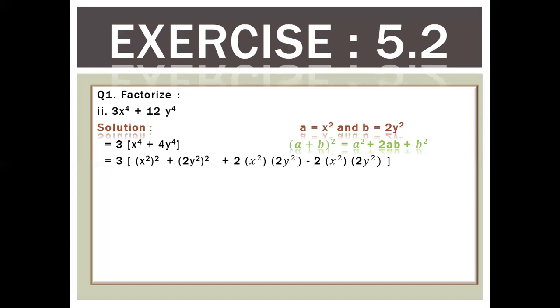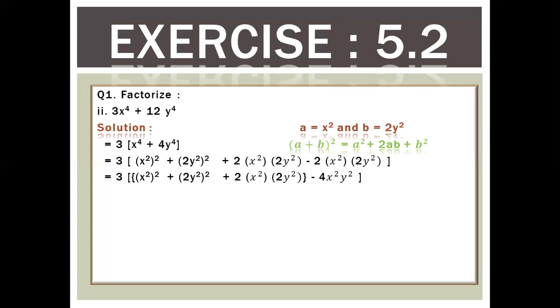But according to the algebraic rule, the number which we add, we also subtract the same number. If we multiply the expression with any number, we must divide by the same number. So we add and subtract the same term. In a square plus b square, we find the term 2ab. We add 2ab and also we subtract 2ab. You see that there are two same terms, but the signs are opposite. One is plus and the other is minus.